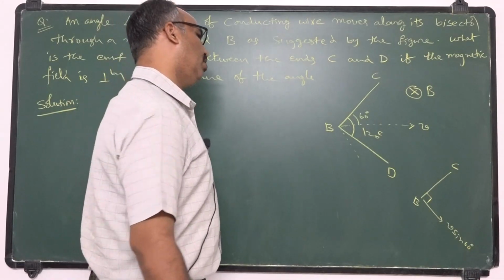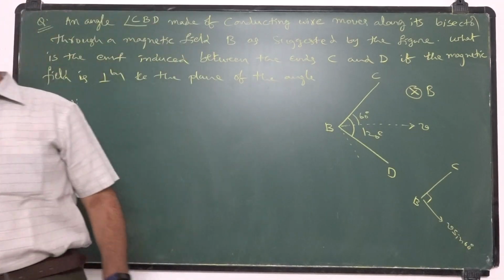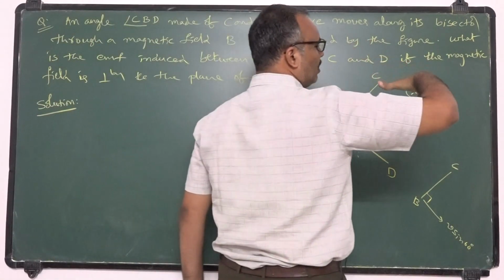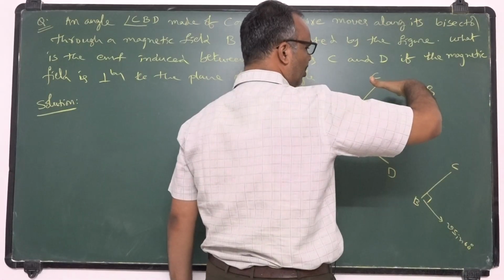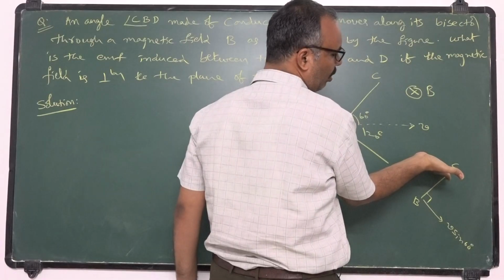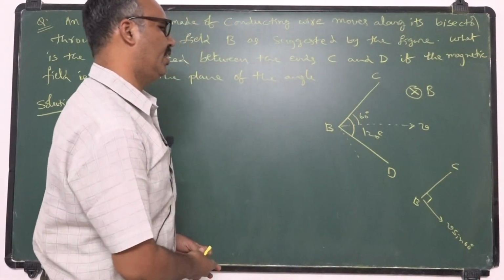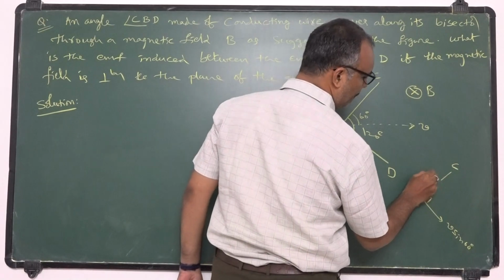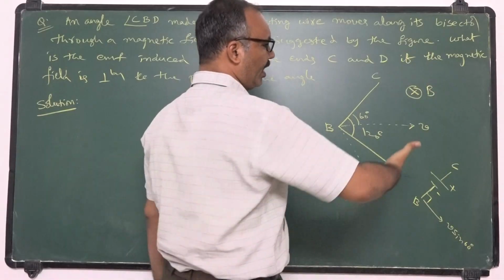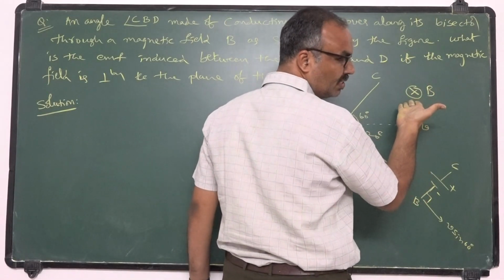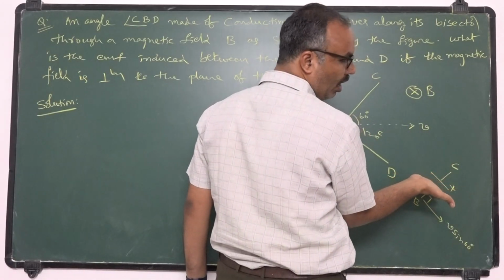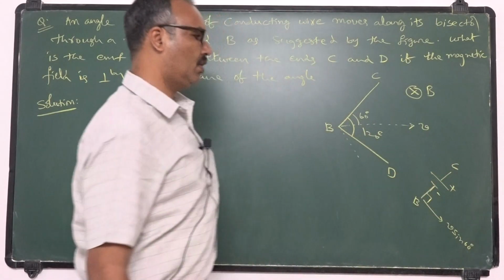Now if you observe this rod clearly, from the right hand palm rule, fingers are representing the magnetic field, and velocity of the rod is like this. So you will get positive potential on the upper side, negative potential on the lower side. So it behaves as a cell with positive and negative potential like this. Above the palm you will have high potential, below the palm you will have low potential.